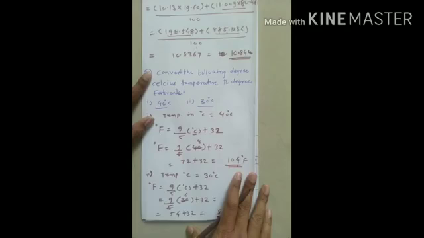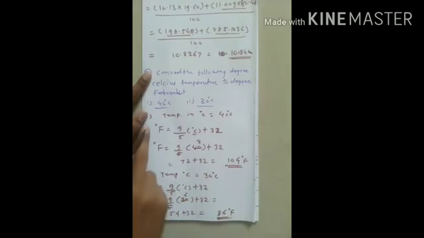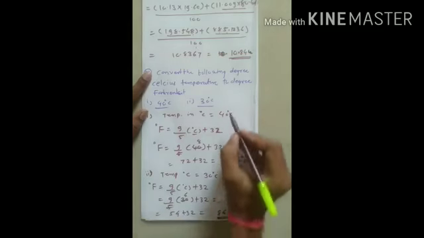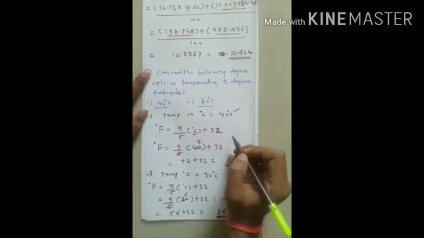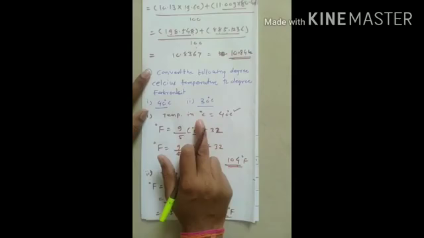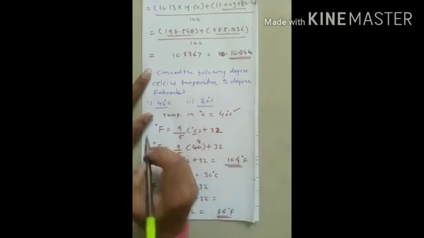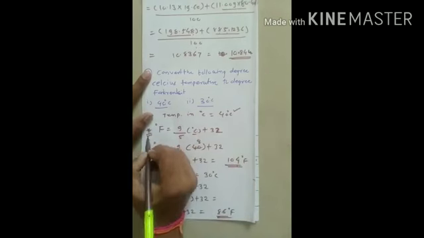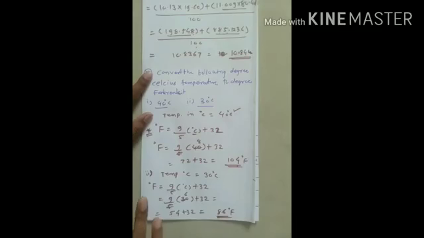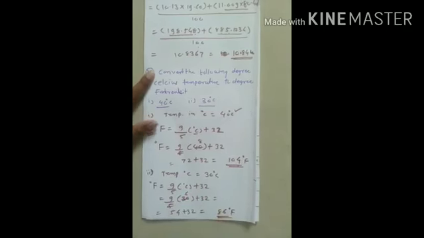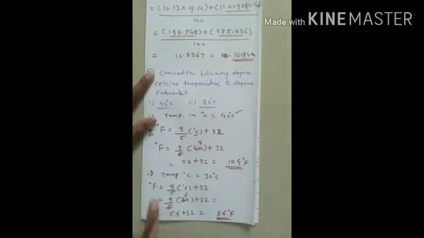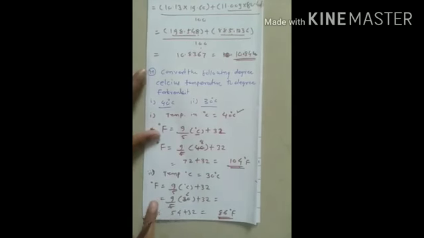We have to write down the answer in this sequence. First we write down the temperature given. In this case it is given in degree centigrade, so I am writing it here. Then we have to use this formula. This formula is most important, we have to write it down. Most students think that having written the formula in the first step, it is not necessary to write it again. No, it is not like that. You have to write the formula for each and every problem, because the formula carries equal marks.